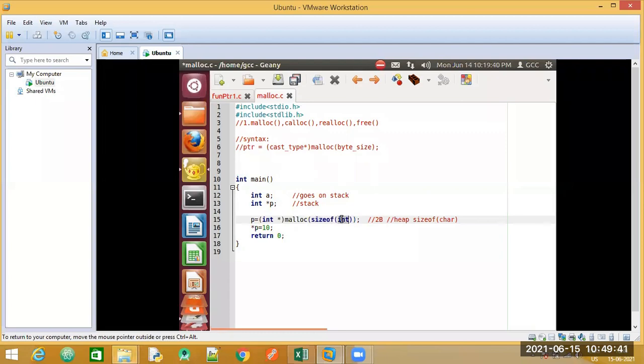Because if I replace this particular value, it will again calculate. If I make this char, what I am telling now is, you calculate how much memory is required to store a character variable and allocate that much memory. That much memory you give me, malloc. That is what I am telling. I am not telling it directly. I am telling it to calculate and then allocate. That is the only difference. Otherwise, another possible way would be to just specify the size here. But we tell it to calculate and then allocate the memory in the heap. Okay. Did you follow this much?